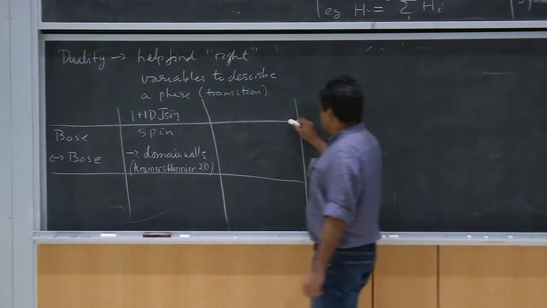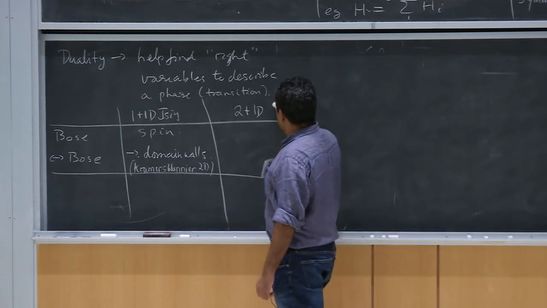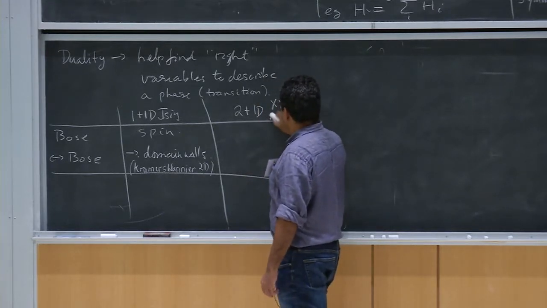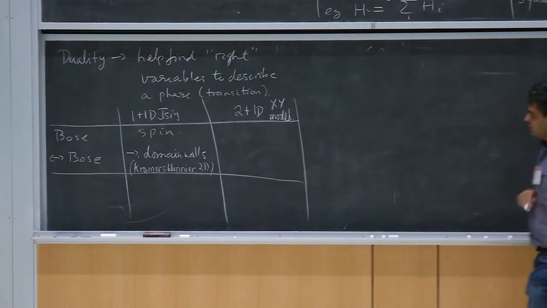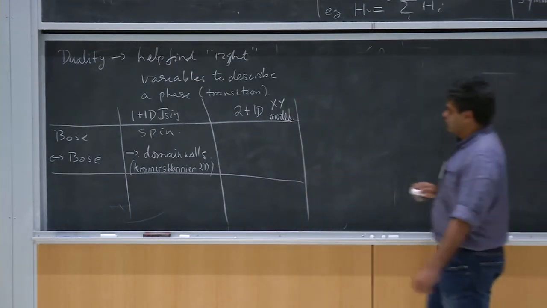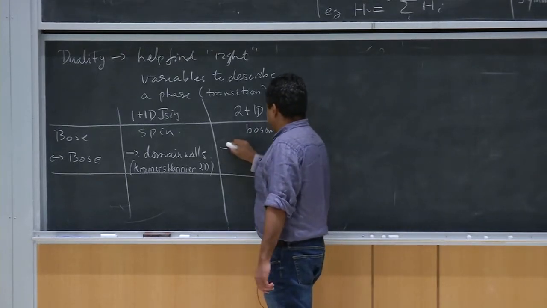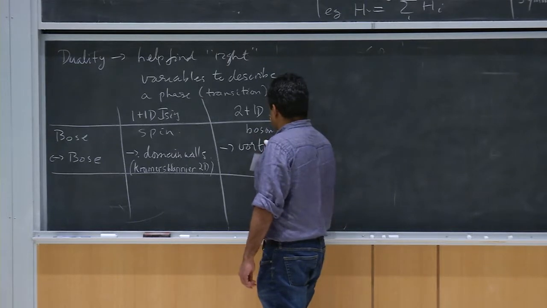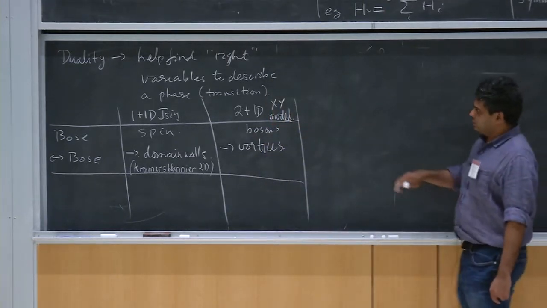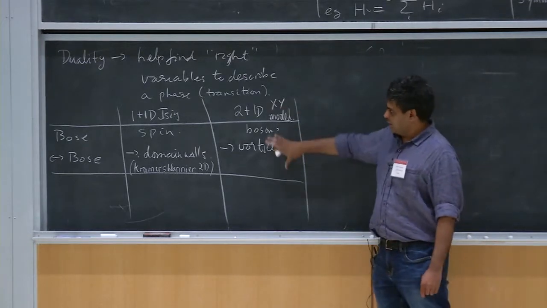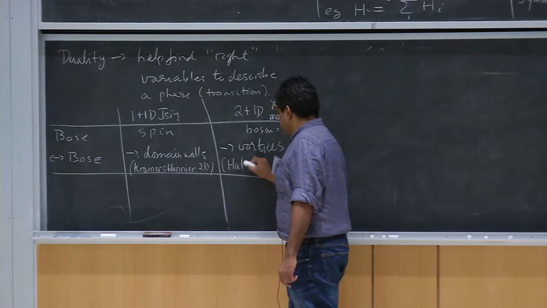And there's a reflection of this in 2+1D, but now you need to have an XY model to change the symmetry. This has a U(1) rotation symmetry. And here the duality will be between bosons, or again spins if you like, and vortices. There's a lot of activity talking about dualities in 2+1D. This is sort of the basic one. In condensed matter, it was discovered by Halperin and Dasgupta.